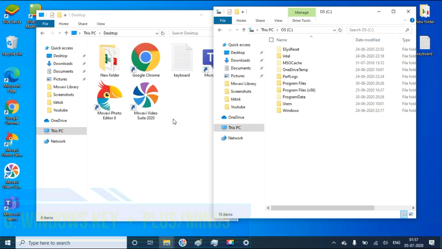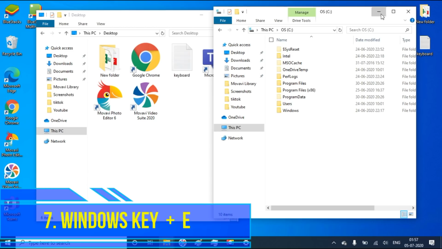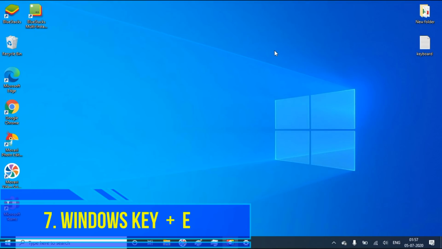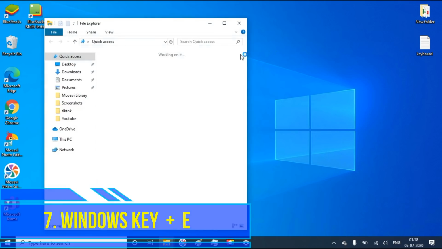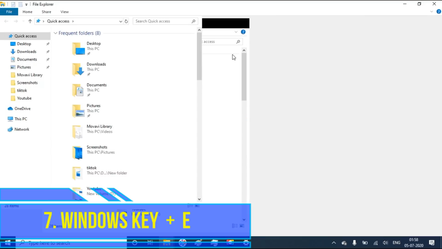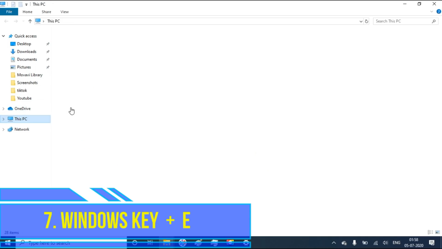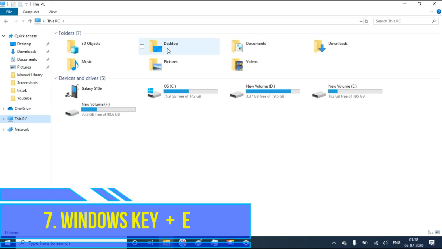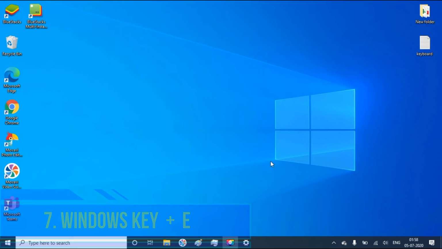The next one, seventh one, if you want to open File Explorer. In the old computers, My Computer will be there, we can click and open. To open File Explorer here, you can press Windows key plus E. Then it opens the File Explorer, so you can easily access all the drives, files, documents and all.